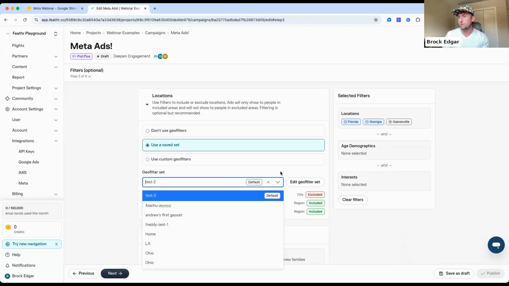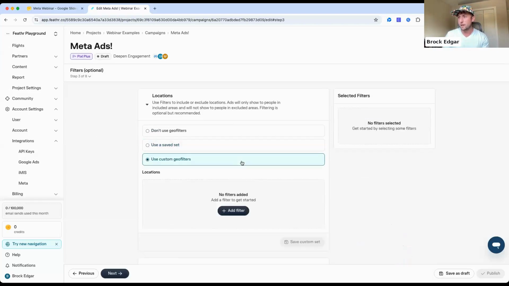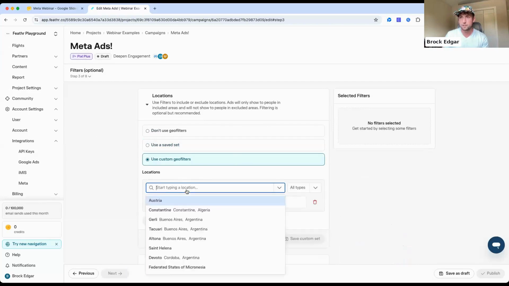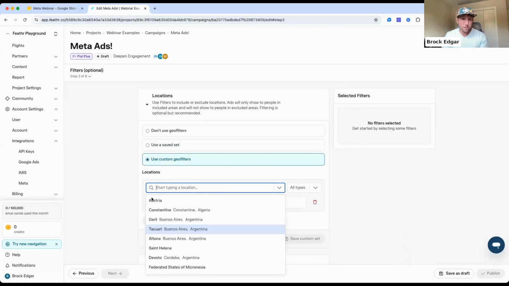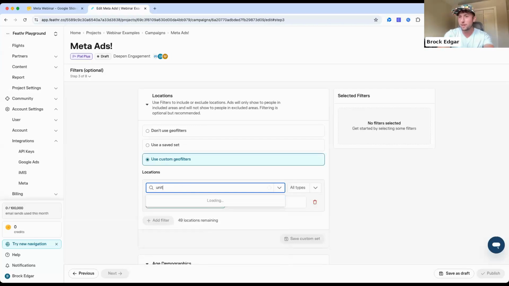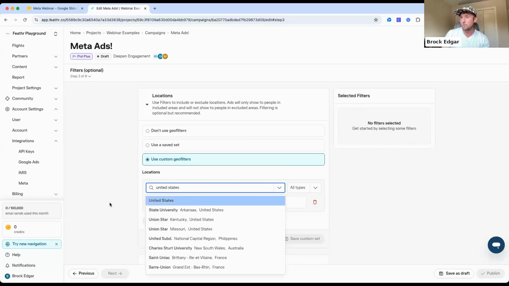So we have lots of geofilter sets. You can add custom ones here. You can use cities, states, countries. A little preview here: our next deployment of Feathr upgrades will actually include zip codes as well. That's a secret. Don't tell anybody. But if I wanted to do United States, we can just select that here very easily, or a state or